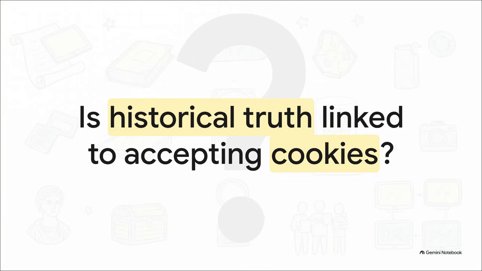Which leads us to the end of our explainer today, and it leaves us with this final, somewhat amusing, but definitely thought-provoking question. Is our modern pursuit of historical truth inextricably linked to accepting data cookies? We can access a 1974 resignation letter in an instant. It's formatted perfectly as a JPEG, it's debated globally on Wikipedia, and it's analyzed deeply by think tanks. But to do all of that, we first have to navigate the surreal, monetized, and privacy-gated architecture of the modern web.